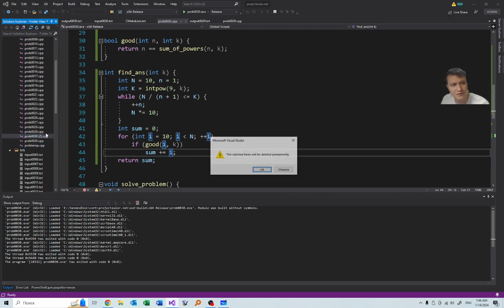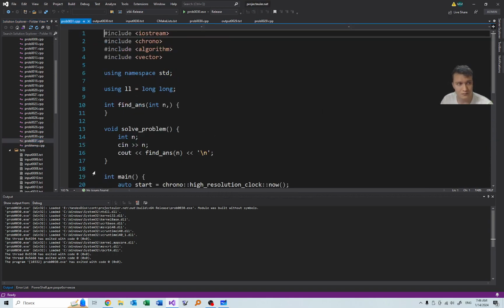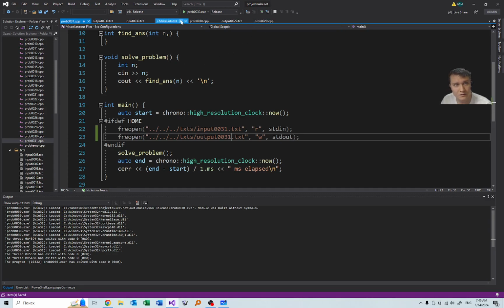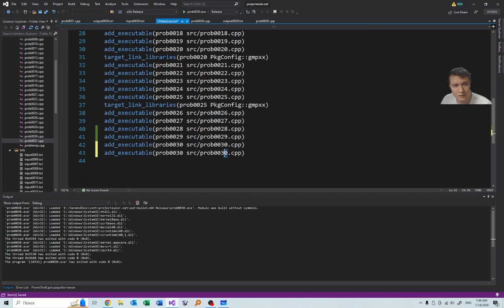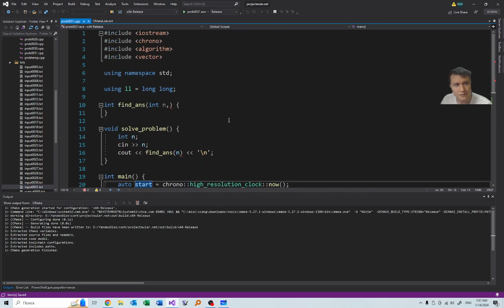No, I shouldn't duplicate that file. I need to duplicate this file. Okay, let's solve this problem about pennies. What pence? 31. Yes, so